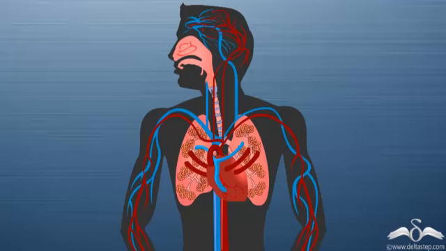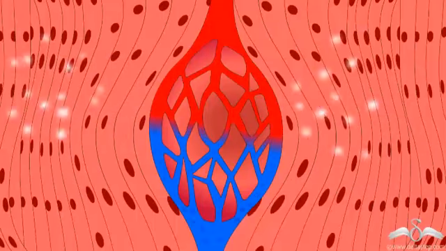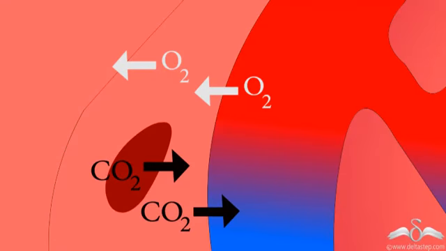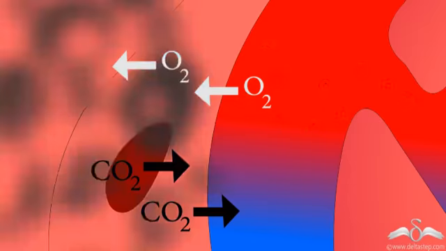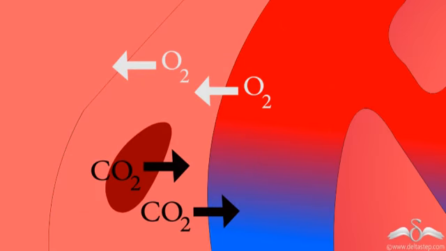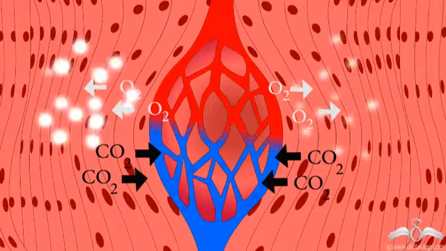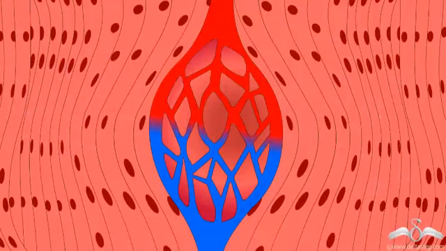So what is happening inside the body cells? The oxygen that is carried by the blood vessels from the alveoli diffuses out of the blood vessels into the body cells, and carbon dioxide, which is formed inside these body cells, diffuses out of the cells into the blood vessels so that it can be carried to the alveoli, from where this carbon dioxide rich air can be excreted out of our body.